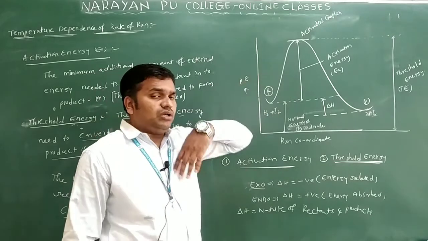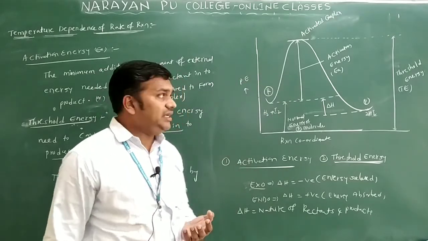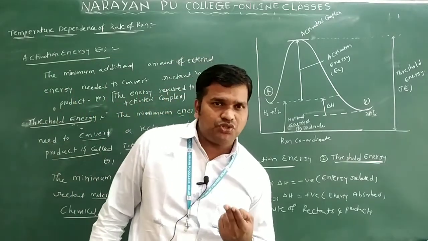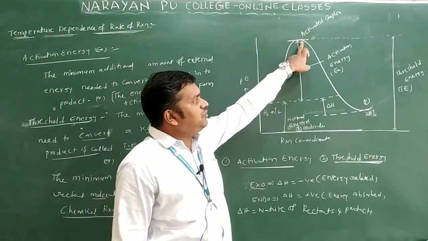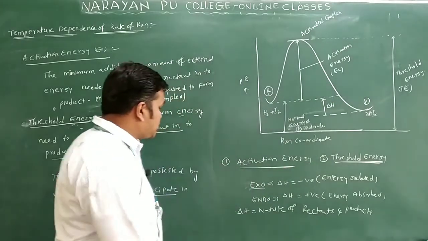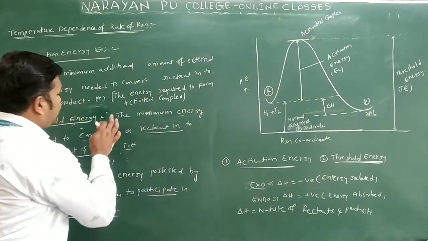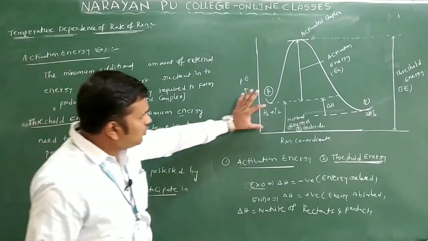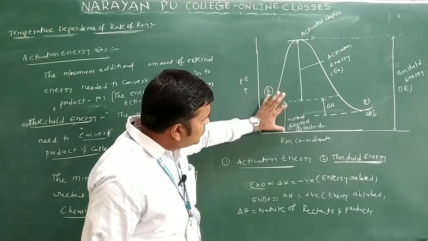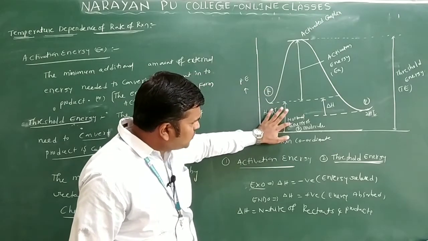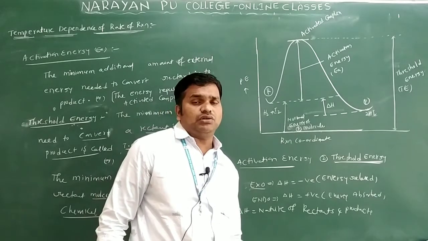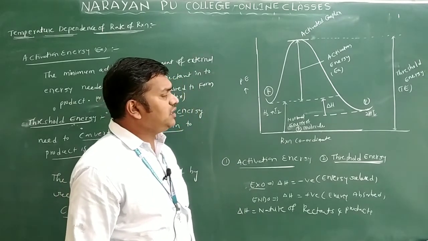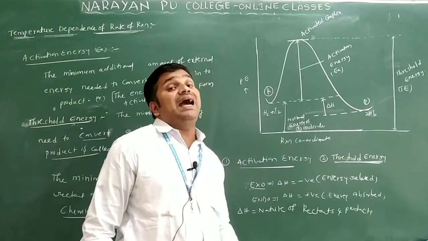The reactant molecules form an unstable cluster complex, which you call the activated complex. That activated complex's lifespan is very small. From this we can observe two points, two definitions. One is activation energy, one is what here? Threshold energy. So this is the activation energy definition, and this is the threshold energy definition. Now from this you will get one relation. Now we will see one more here. This difference is there, right? This difference from the reactant to this reaction coordinate is the normal energy of the reactant molecules, or we say the normal kinetic energy of the reactant molecules. So from this we want to get the formula for the activation energy.